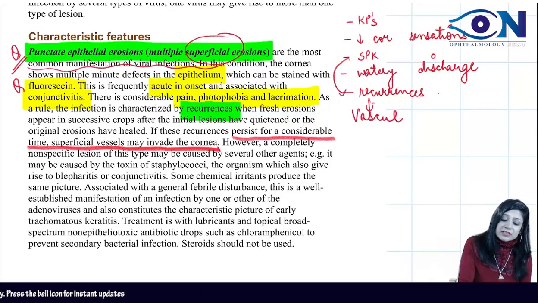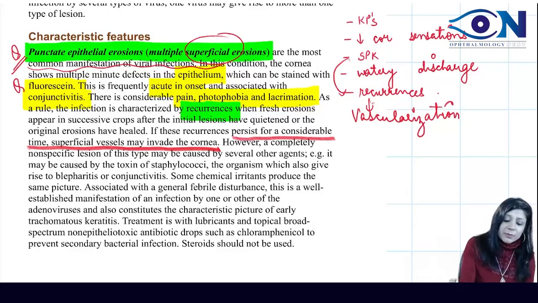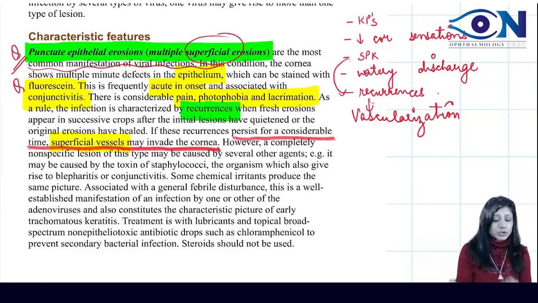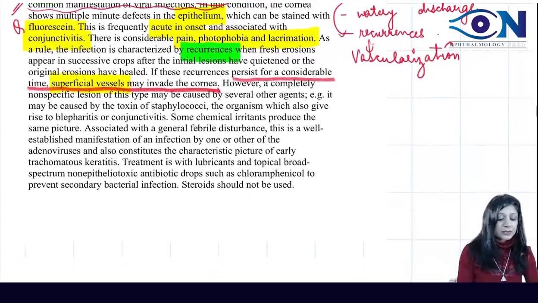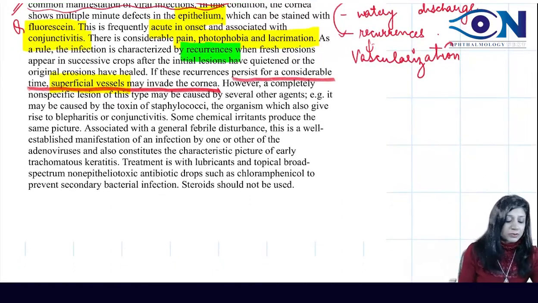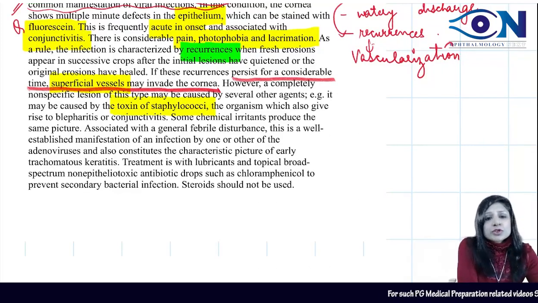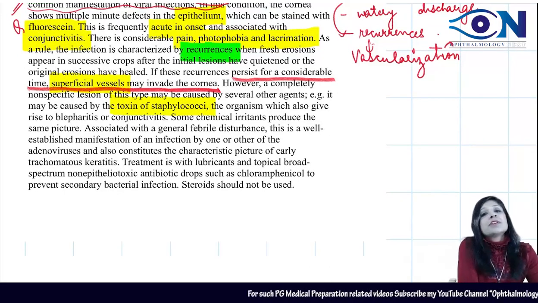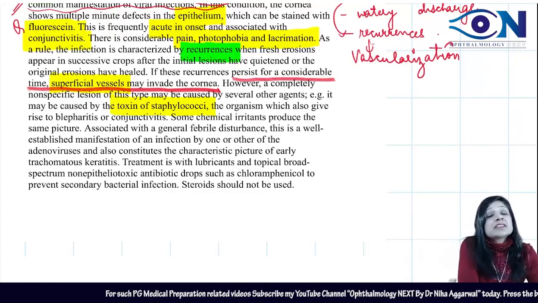And when there is vascularization, obviously it can go to the deeper level. So from here the vascularization is appearing, we can have the superficial vessels. However, a completely non-specific lesion of this type may be caused by other agents also, like the toxin of the staphylococci. So, most of the time this kind of picture is actually viral keratitis, but this does not mean that